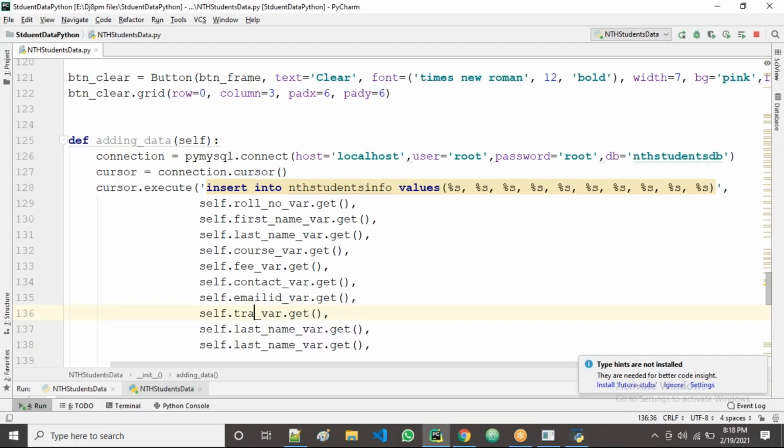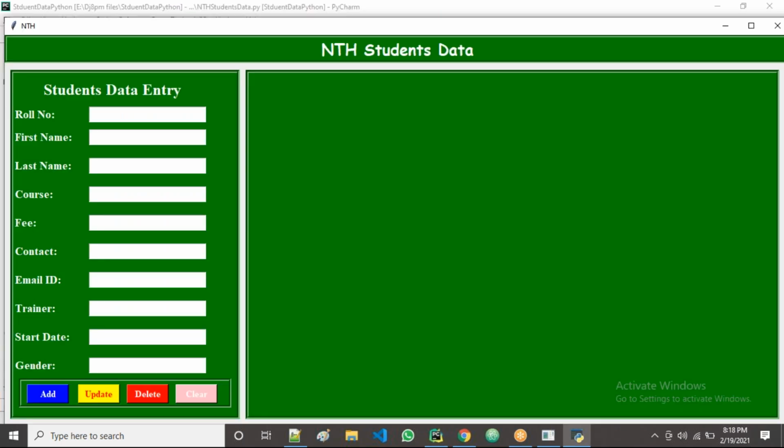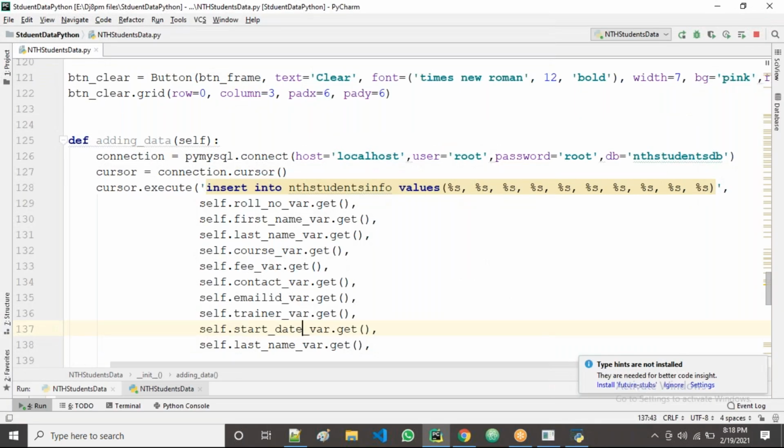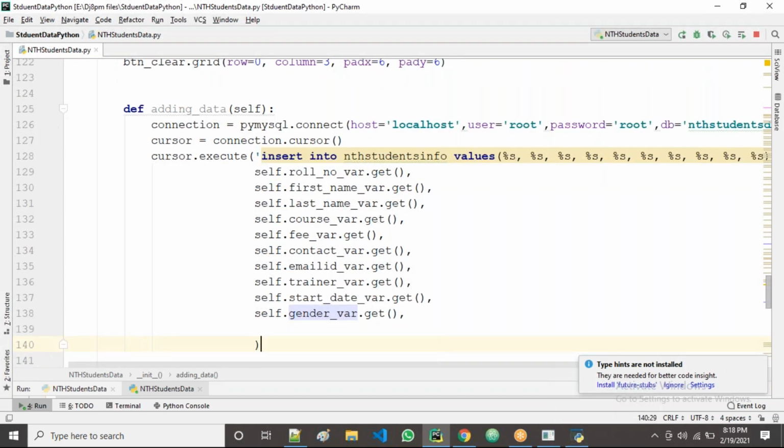Email ID, then trainer. After trainer, what is there? Start date, right? Then the last one is gender, right? Gender, guys. Okay.